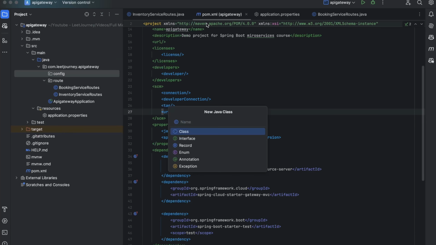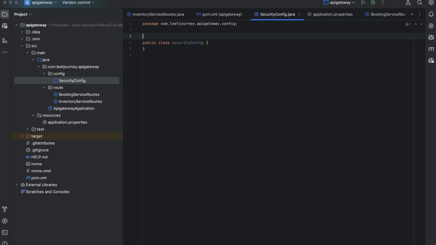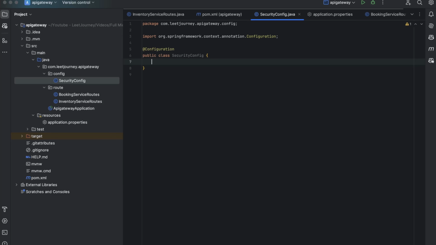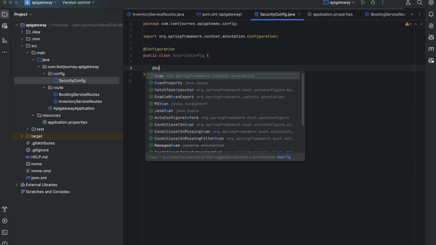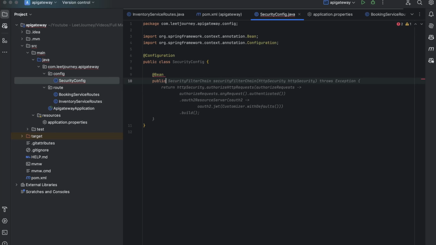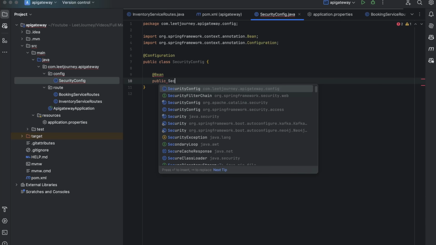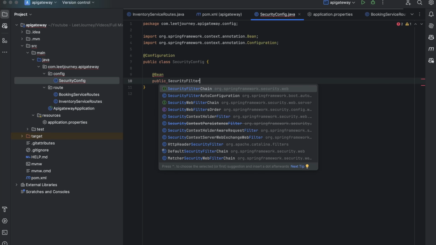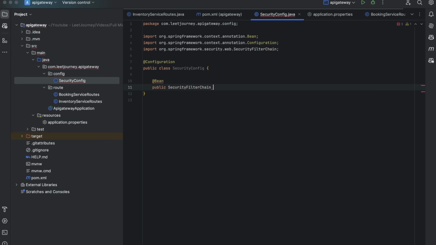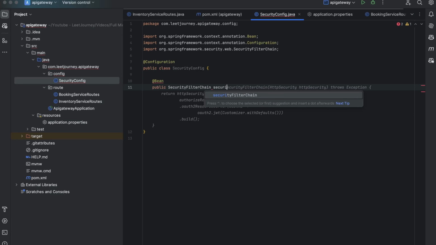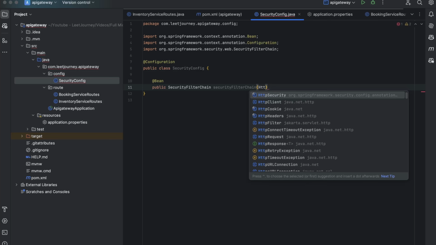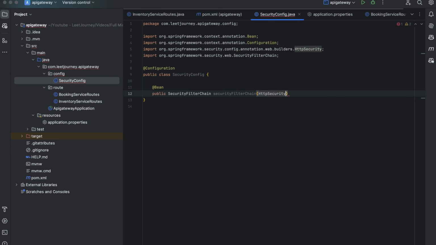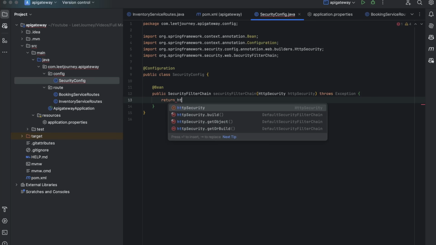So let's create a new class and let's call it SecurityConfig. This is going to be a configuration class. We need a bunch of things, so we want to create a bean, and this is going to be a public SecurityFilterChain. Let's import SecurityFilterChain. It's going to accept an HttpSecurity object, and here we will need to return